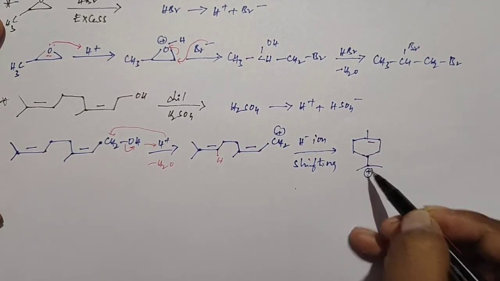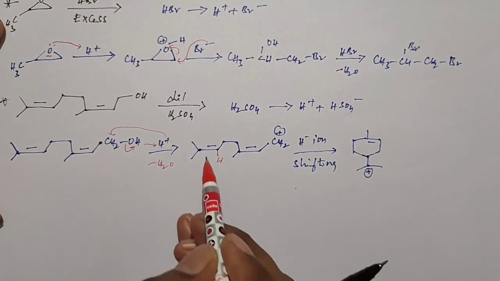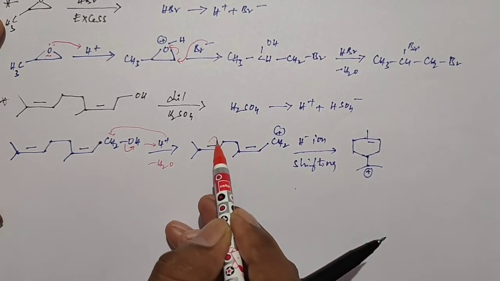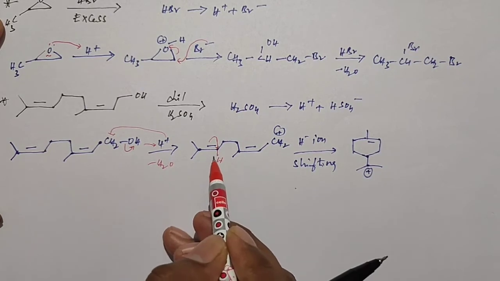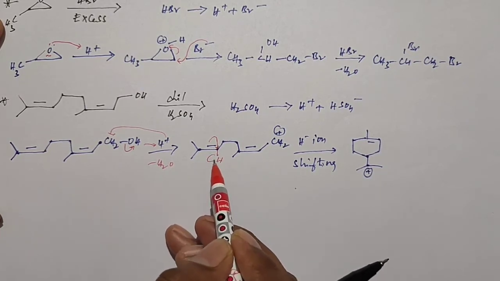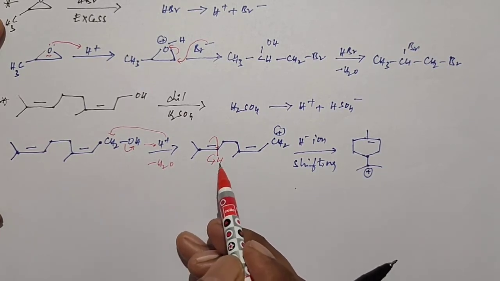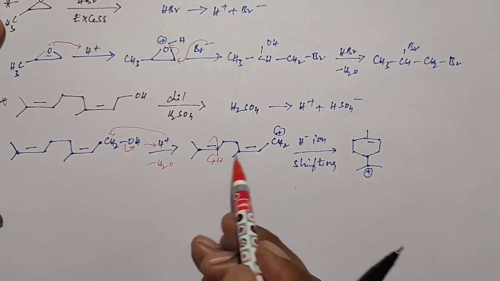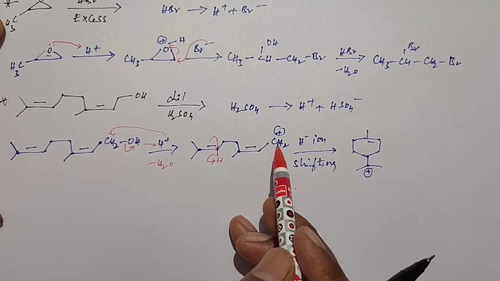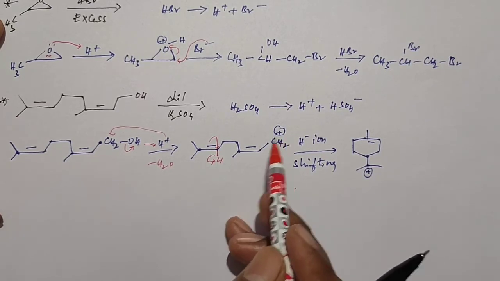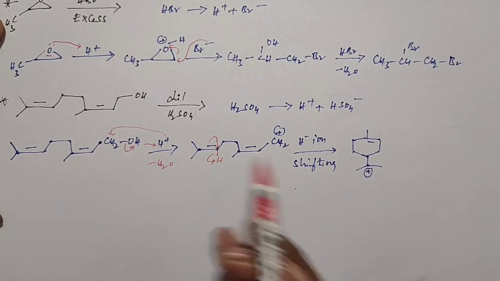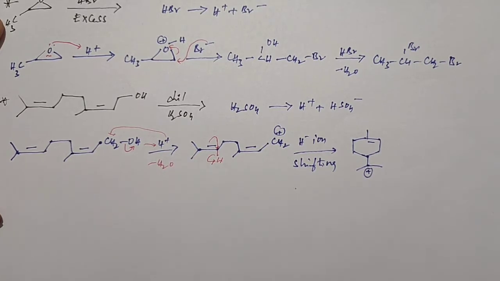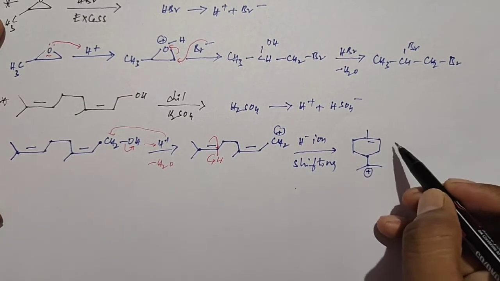So we get the positive charge. What happened at that time? These sigma and pi electrons shift towards this carbon and these sigma electrons shift towards the hydrogen. So this hydrogen passes away in the form of hydride ion. This hydride ion reached this carbon. Then it formed the structure and the positive charge can shift towards this carbon. Okay. So we get the final substance like this.